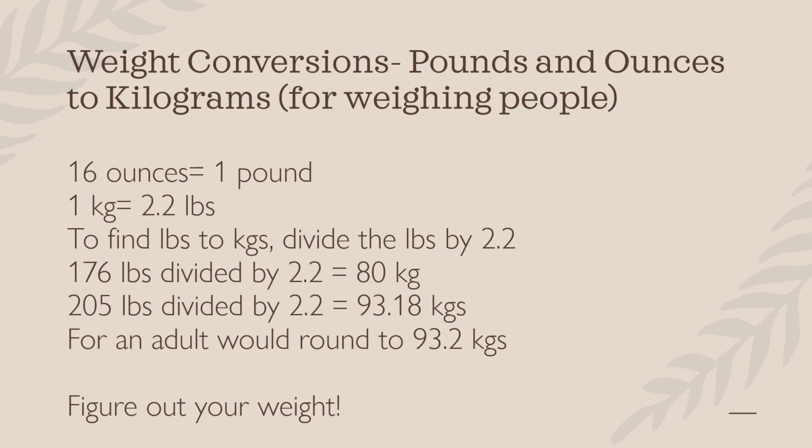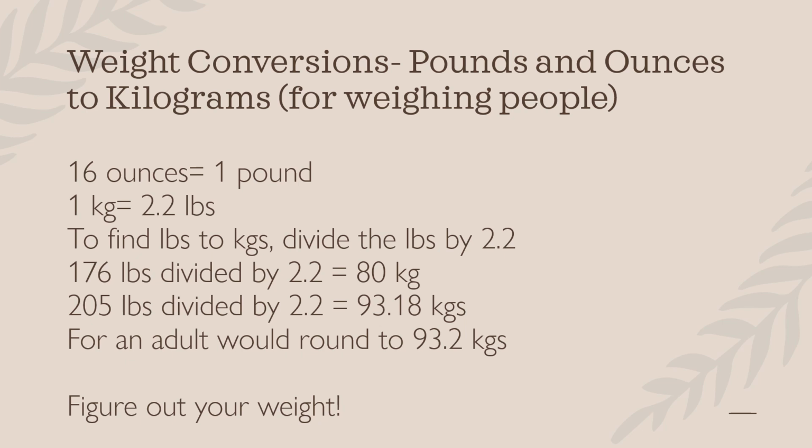There are 16 ounces per pound. So if we had somebody who weighed 150.5 pounds, that would be 150 pounds and 8 ounces. The 150.5 is just fine for converting to kilograms. But once you get into pediatrics in block 4, those actual ounces will make a huge difference. So pediatric weight is totally different. 1 kilogram weighs 2.2 pounds. So to find kilograms from pounds, we take the weight in pounds and we divide it by 2.2. So a 176-pound person divided by 2.2 would weigh 80 kilograms.